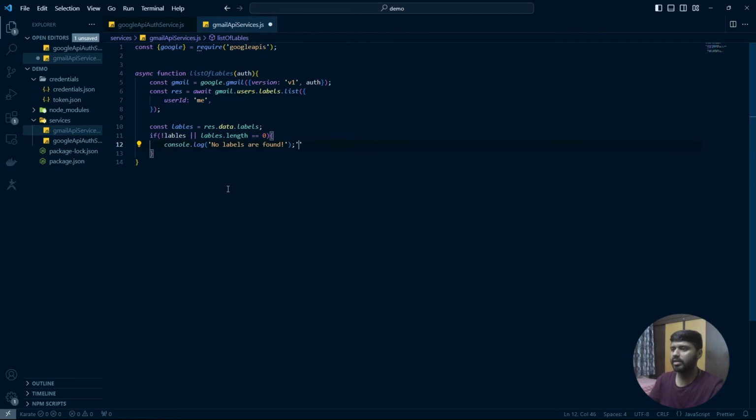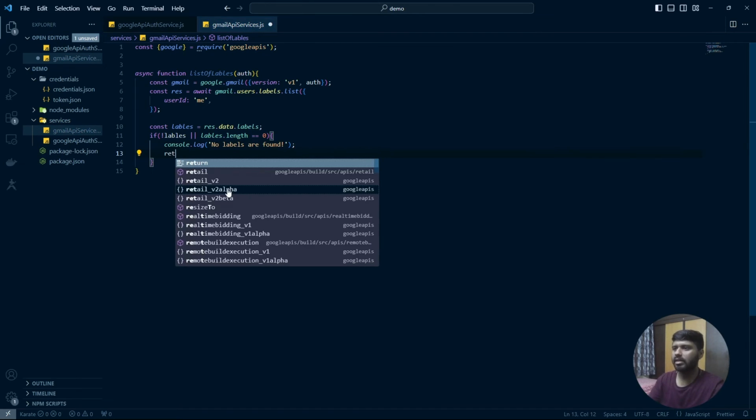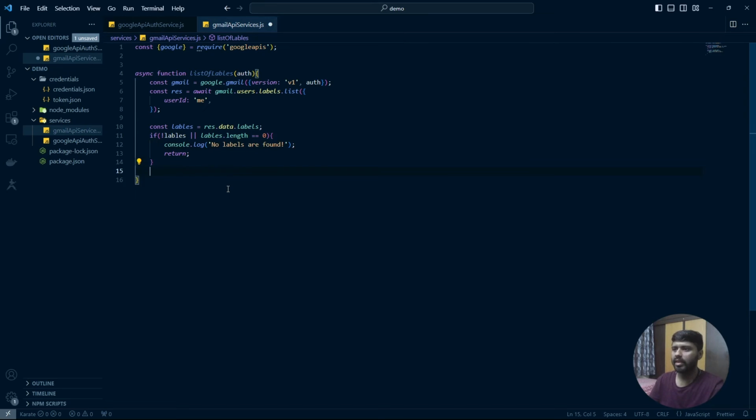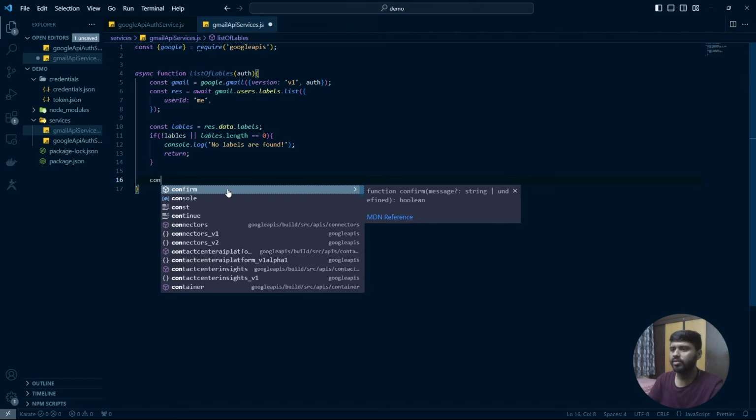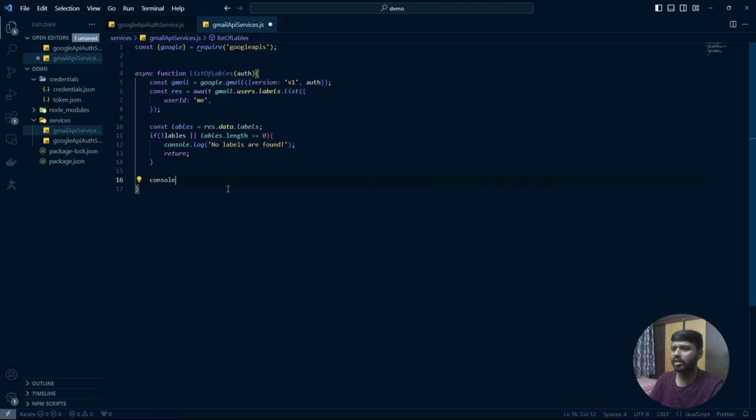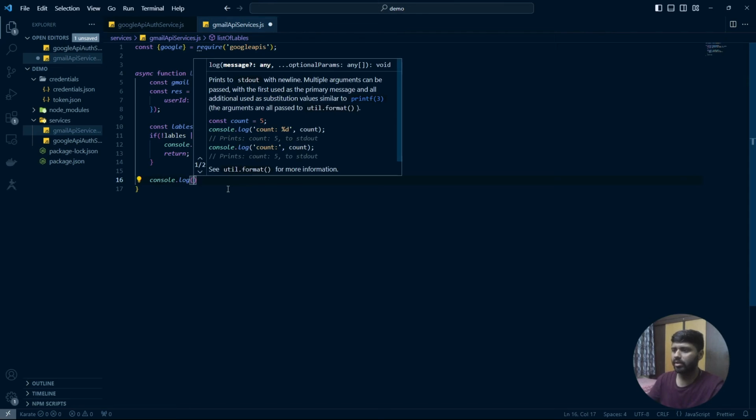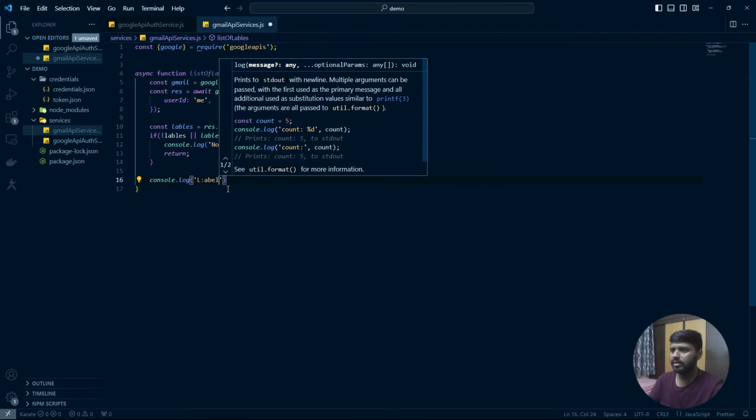And we can simply return nothing. We can simply exit from this condition, so we can say return. And else, if something happens and we actually get all the labels and our function works as expected, we can just print some message over here. So console.log, we can write labels,